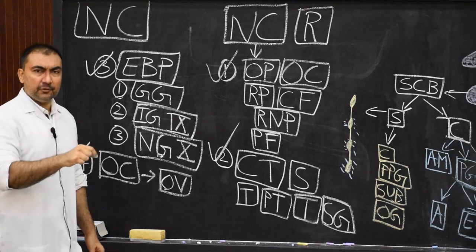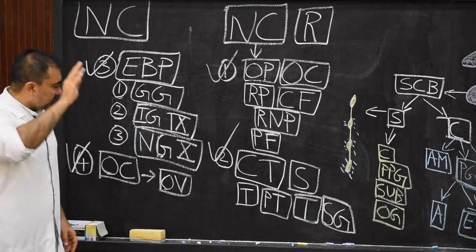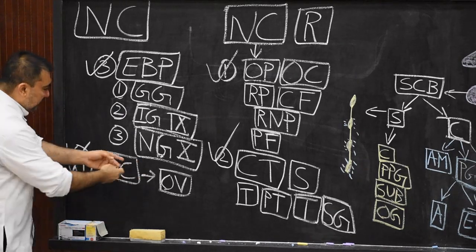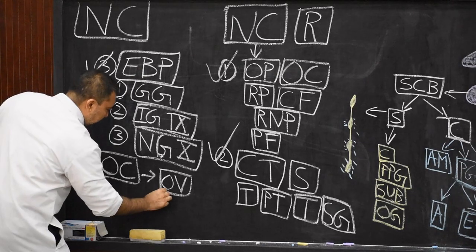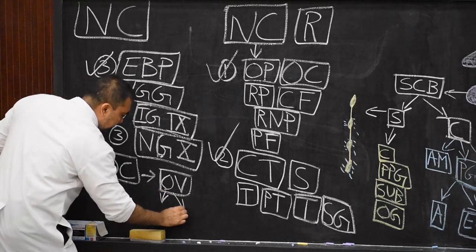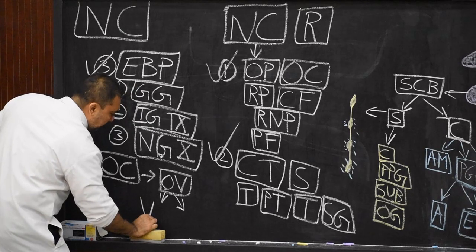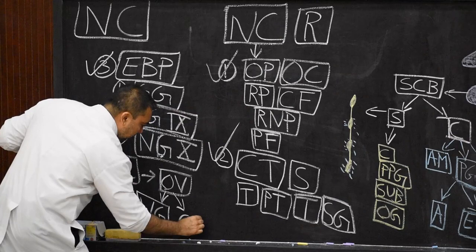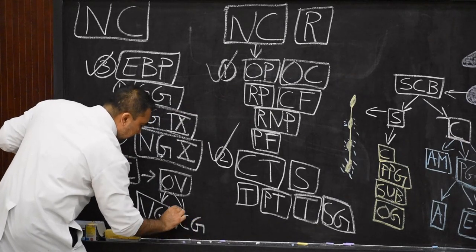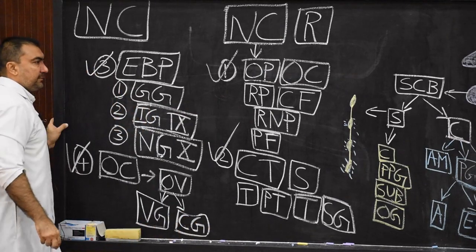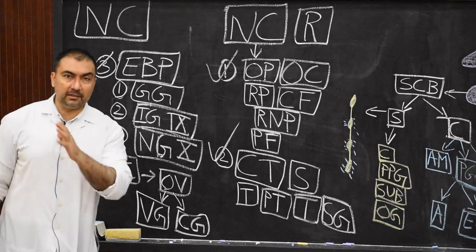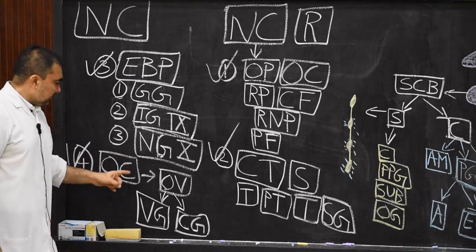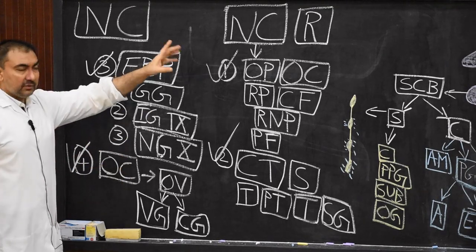And then gradually, it goes through the process of development of the various segments of the internal ear, which we will not go into in detail. But finally, and this is very important, the otic vesicles will develop into vestibular ganglia as well as cochlear ganglia. So the vestibular as well as cochlear ganglia of the vestibulocochlear nerve will develop from the otic vesicle, that is, the otic capsule. This was the last derivative of the cells of neural crest, rostral region.